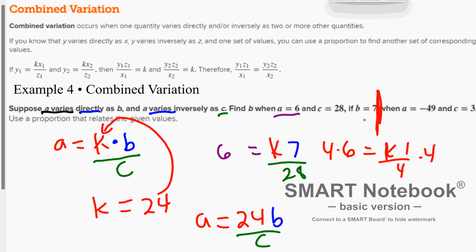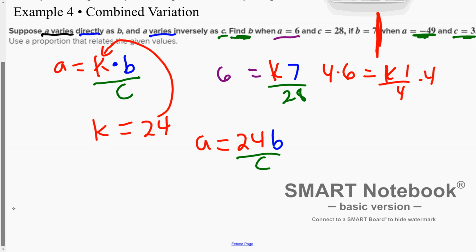So this says, find B when A is negative 49 and C is 3. Now I'm going to use this equation, now that I found my K, my constant of variation. I plug in my A: negative 49 equals my K times my B, which I don't know, divided by my C, which they give me as 3. So now I just multiply this, so that's 150 minus 3, so negative 147